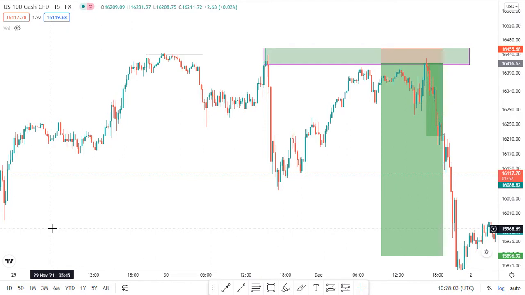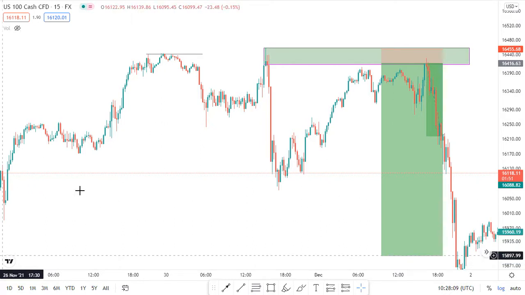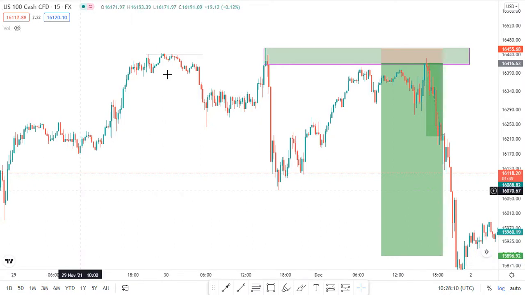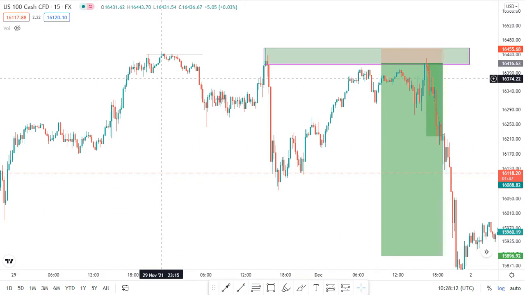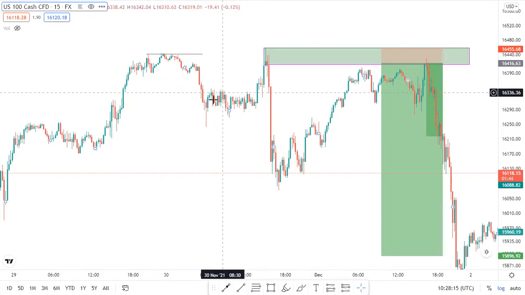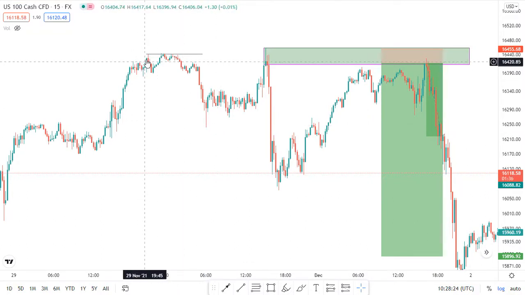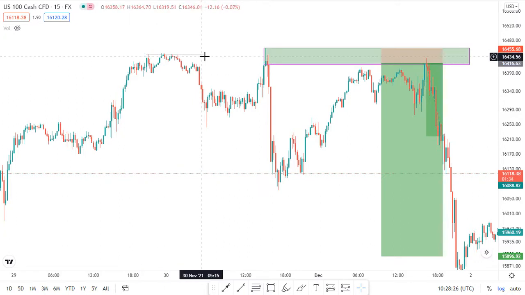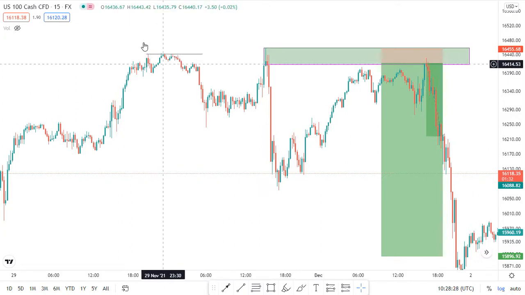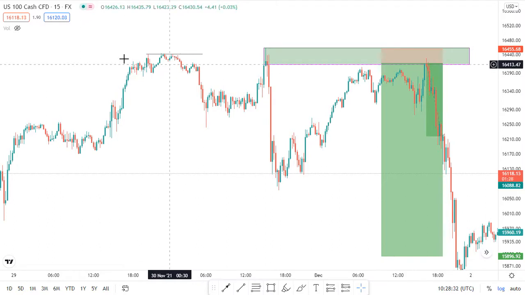So let me start with how I took this trade. I was checking the market when it was at this area, and I found out that there's a liquidity which it left here. This one is a liquidity, and it is also a base. If you can check here,